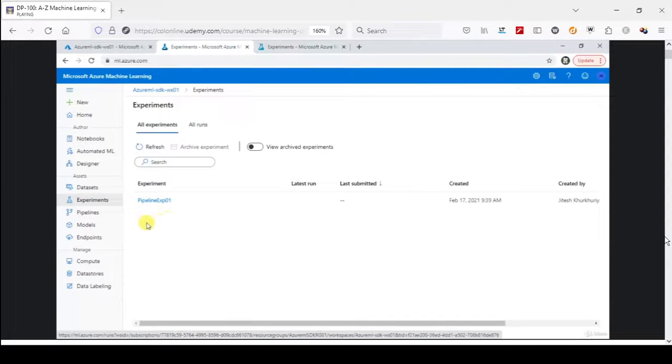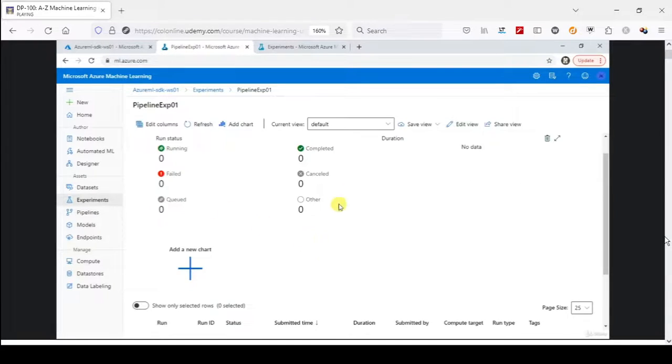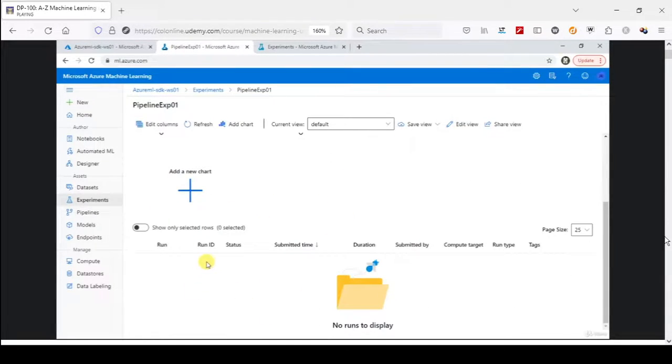And now here you will see that the pipeline has been created without any latest run because it is still in the process of preparing the environment and Docker preparation. And if we click on this pipeline exp01, you will see 0 runs under it because nothing has been started yet. So I'm going to pause the video and also go to the Spyder in the meantime to see what